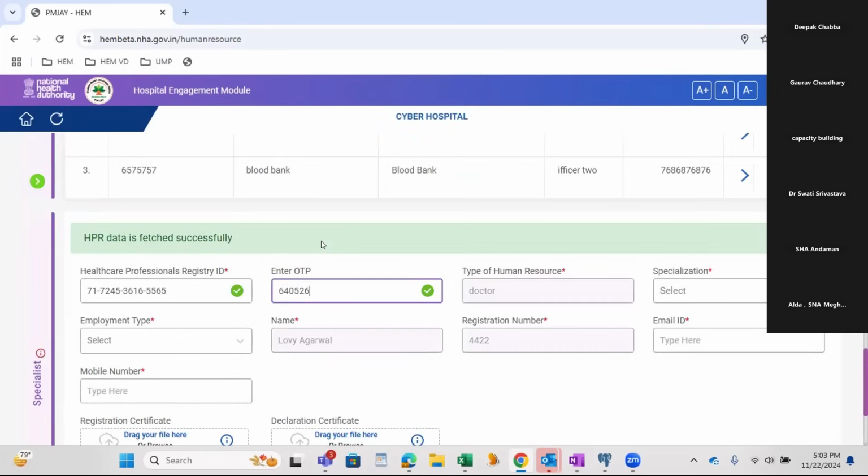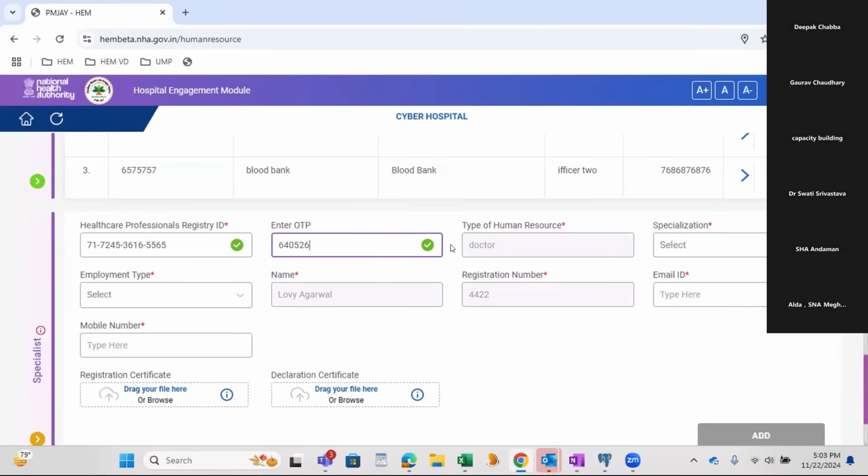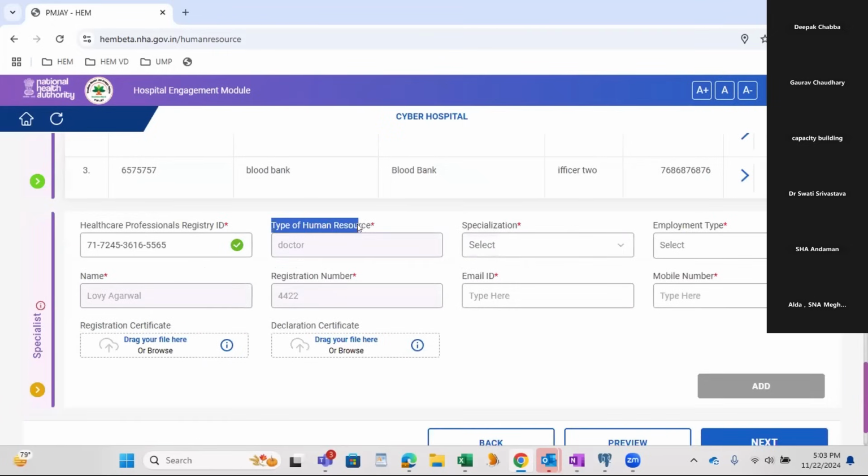If you see, the HPR ID will fetch the data automatically for certain fields like type of the human resource. It is a non-editable field and populated as doctor with the name, registration number.